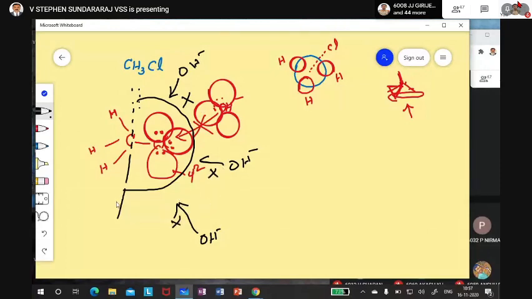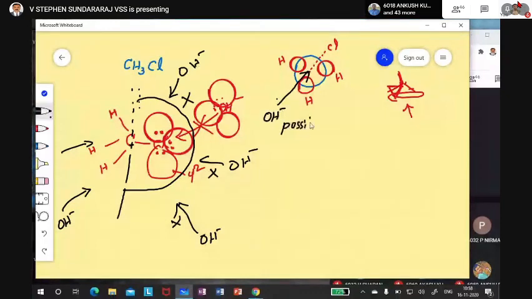So the only possibility is that OH should attack from here, because OH has to get bonded with carbon, not with Cl. So OH will attack the carbon only because it is a stronger nucleophile. Automatically that C-Cl bond will be loosened and left over, because I told you any chemical species will like to form a stronger bond. So from this side it will attack. Now tell me, is the OH attack possible or not? OH attack is possible.